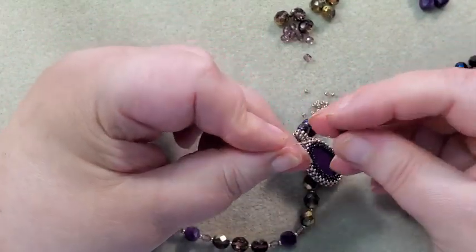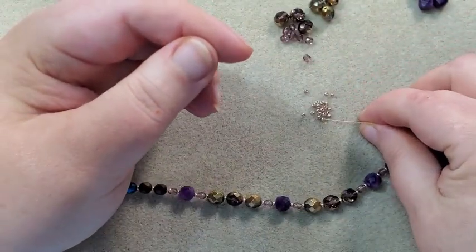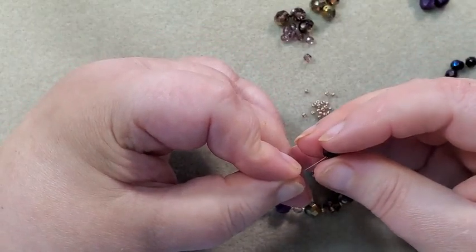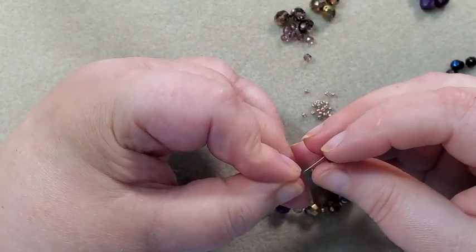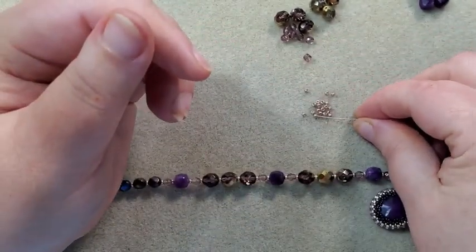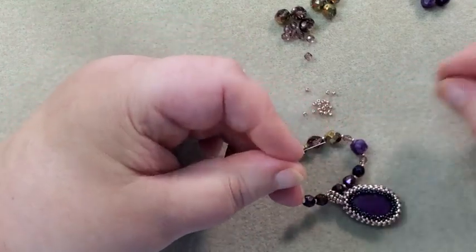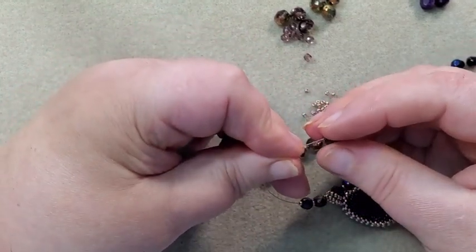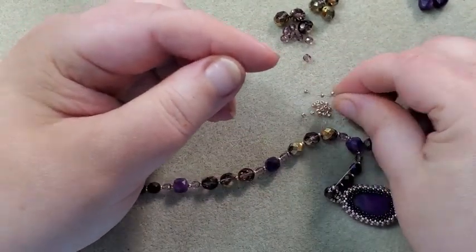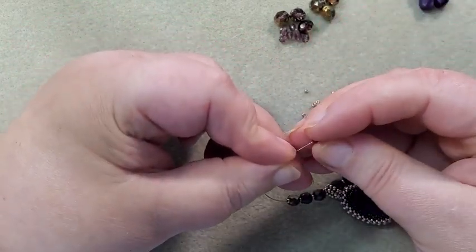Now I'm going to do a 6mm bead, and an 11/0, and a 6mm bead, and an 11/0. It's amazing how much these little 11/0s, because they're so small, do add some length to a piece too if you need it. Now another 6mm bead, and an 11/0, and now a 4mm bead,